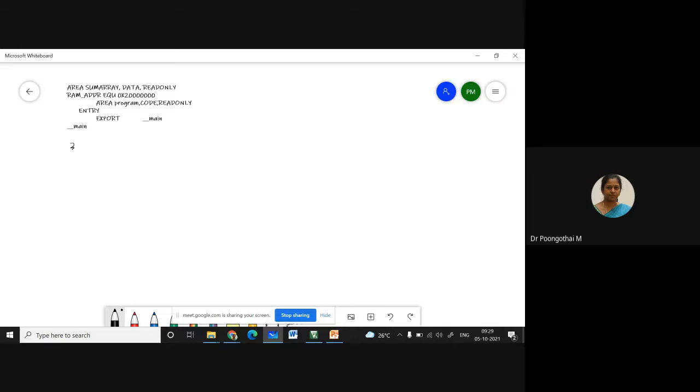You have to move a 32-bit number into a register. For that you have to use LDR. I'm going to use the R2 register is equal to RAM underscore address, because your 32-bit value is initialized, that is assigned with this particular variable. So I am loading this 32-bit value into R2. Now R2 holds this value. Is that clear, students? So this is your first instruction.